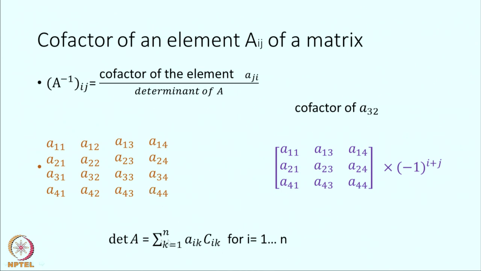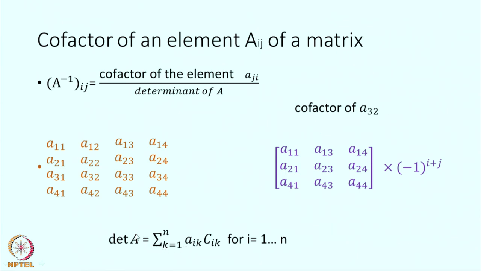So, to expand this determinant, I can expand from any row or any column. In this case, I gave this example of expanding from the third row. Instead of the third row, I can also expand from the first row. So, when I expand from the first row, A11 into the cofactor of A11. The cofactor of A11 will be this particular matrix whose determinant I take. So, a determinant can be expanded by any row and any column, and I will get the same value for the determinant regardless of how I do it.